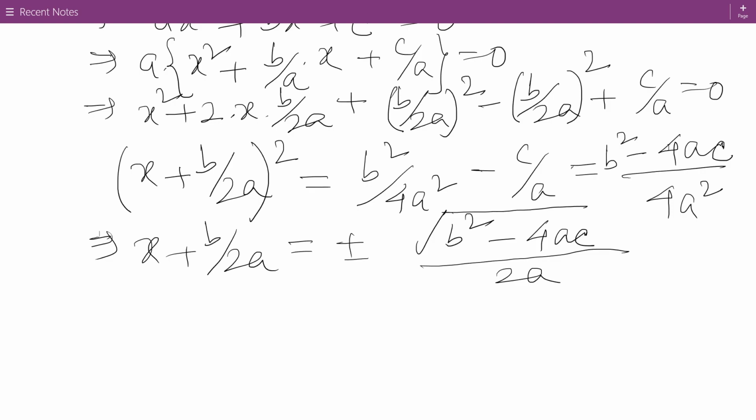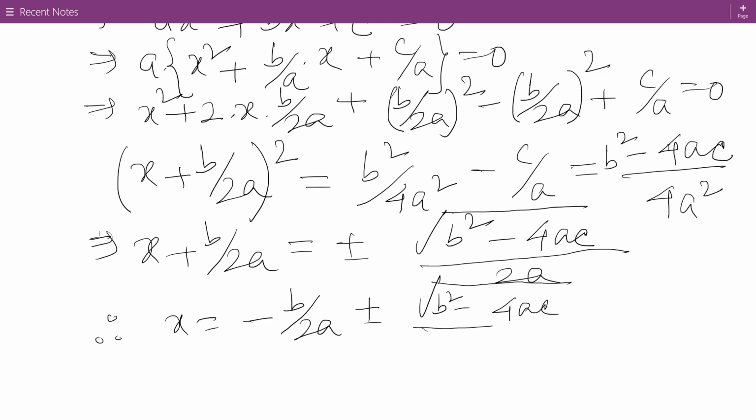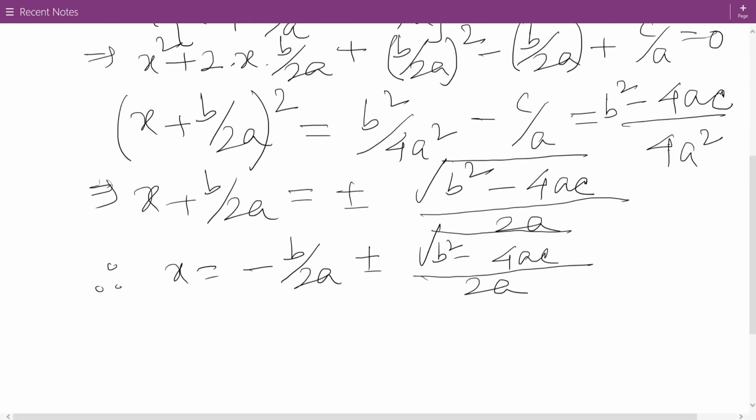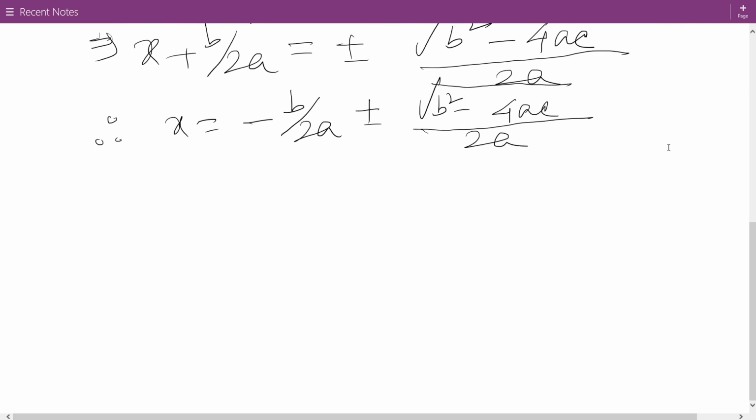Therefore, x equals to minus b by 2a plus minus root over of b square minus 4ac by 2a. You can write the simplified form of this equation, x equals to